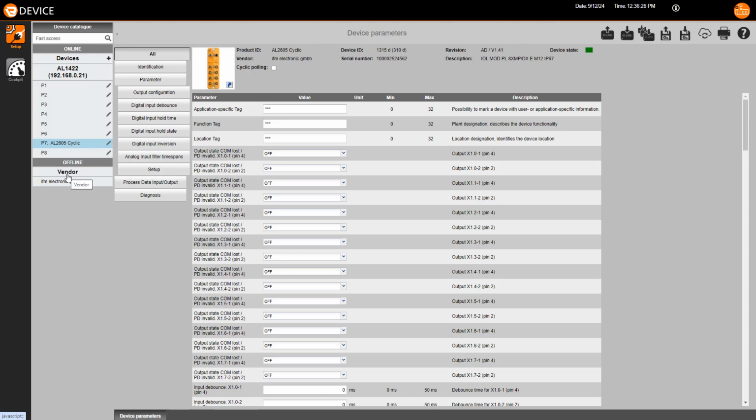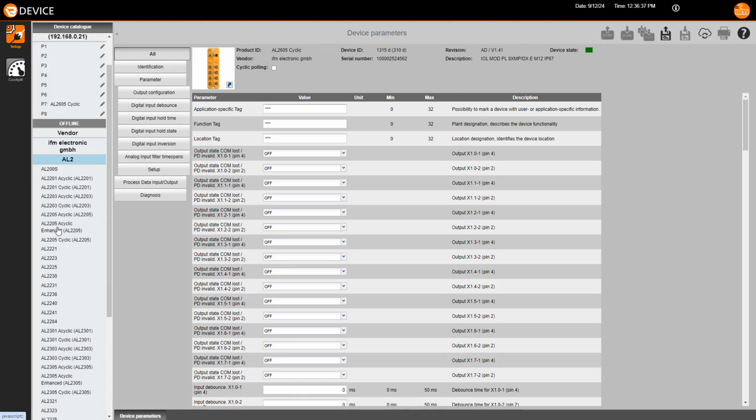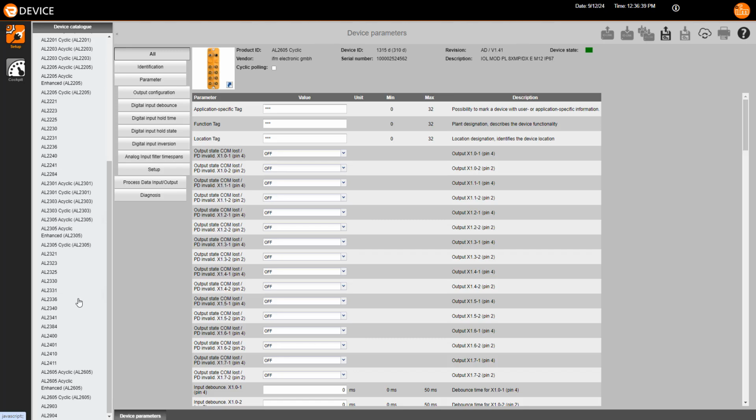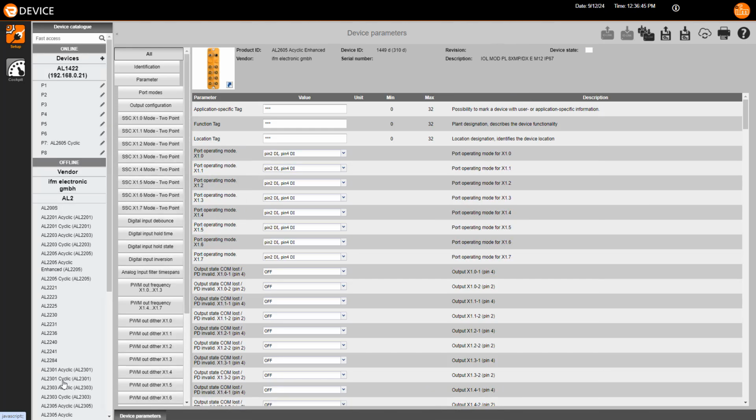Then we need to go into the vendor section here in the offline mode, select IFM, AL2. We're going to find our AL2605 part number, and it will say Acyclic Enhanced. We're going to select this. Now we have the IODD profile loaded in the software, and the simplest thing to do next is just come